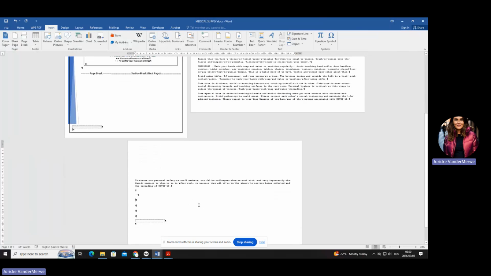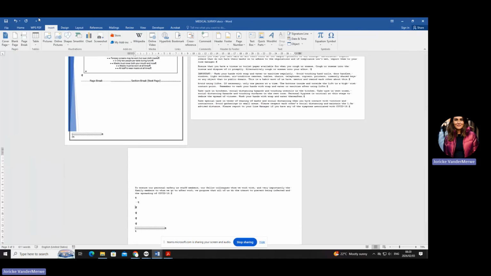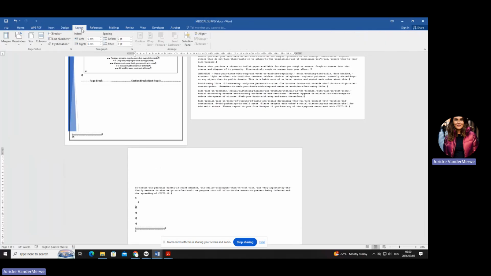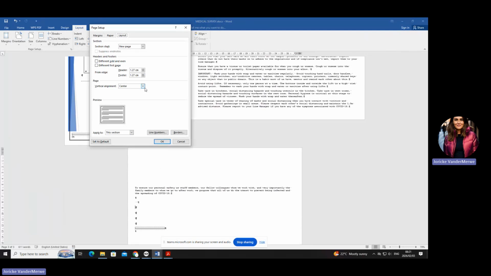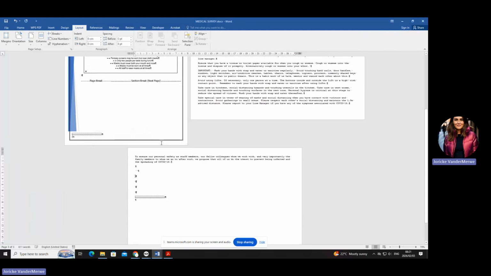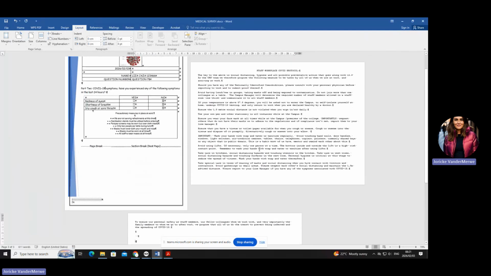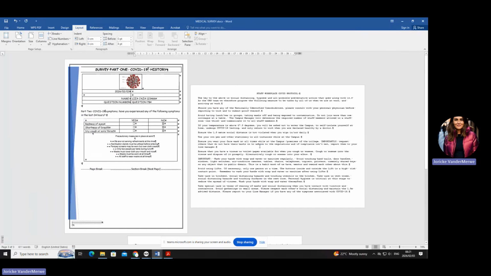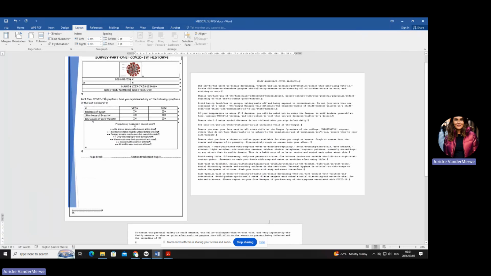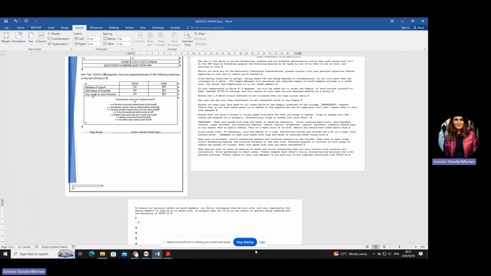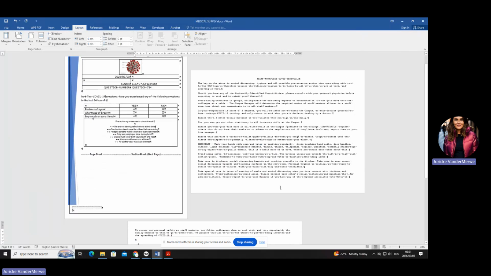Okay, the reason I think mine is doing this on the second page, it might be that I've showed the other class how to change this to a vertical alignment. Yes, you can see that's what's wrong. So that's why it does that. Okay. Let's just quickly see, just one more thing, and this is actually not the proper way, but you know you can go, if you struggle with this, which you shouldn't struggle with, Insert, Object, Text from File, so practice it.